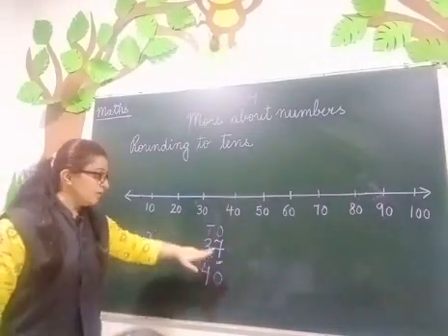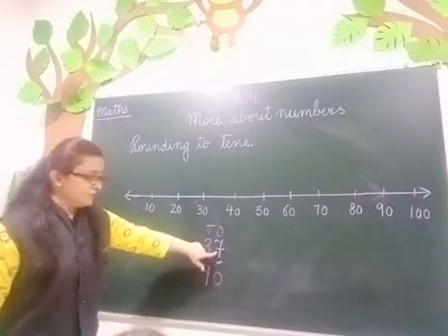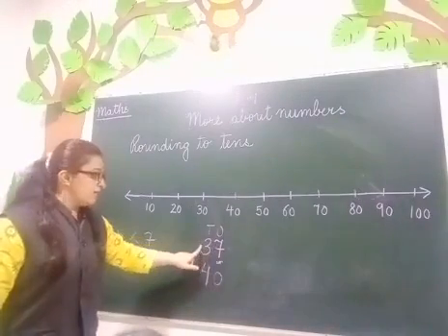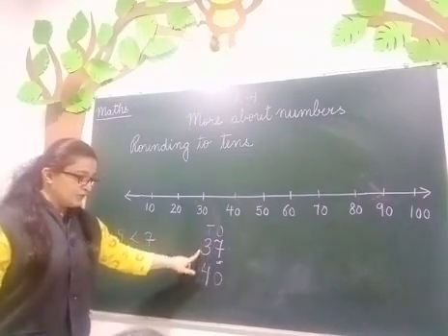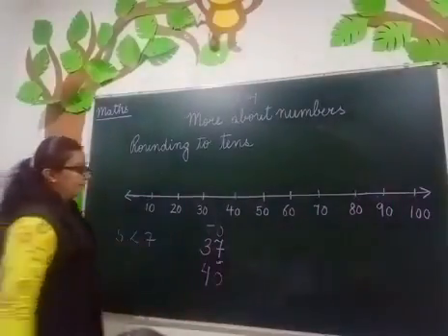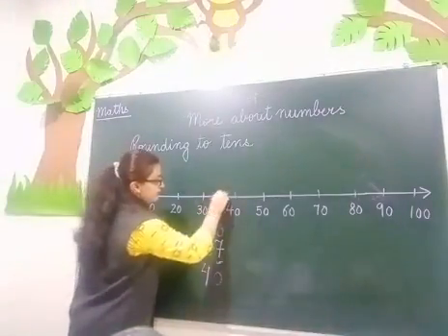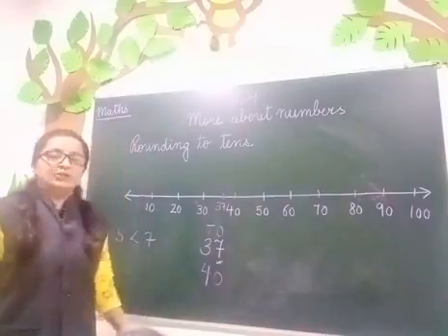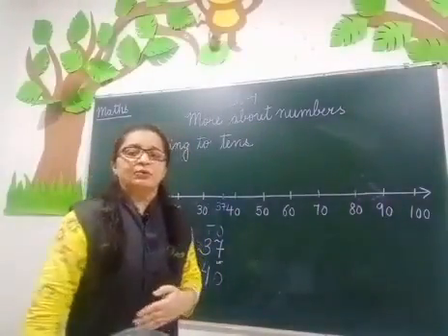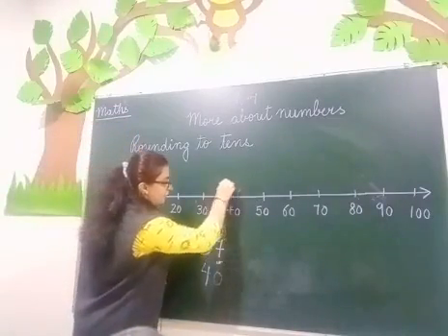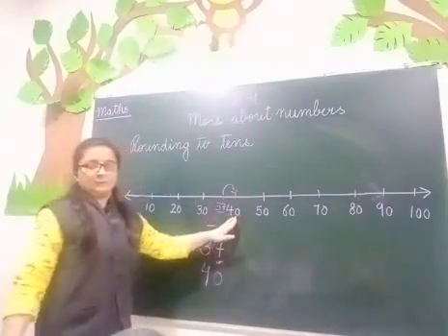Why have we rounded? We have written 0 over here at the ones place and we have added 1 to 3, so it becomes 4. See this number line. 37 comes here. So to the nearest 10 we have to round it off. So 37 will be rounded off to 40.